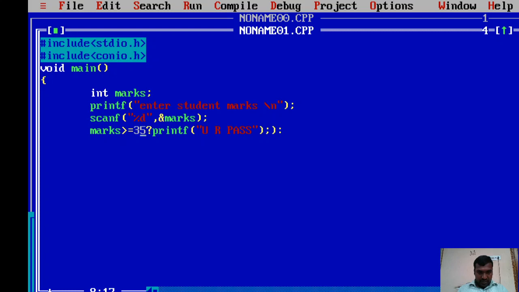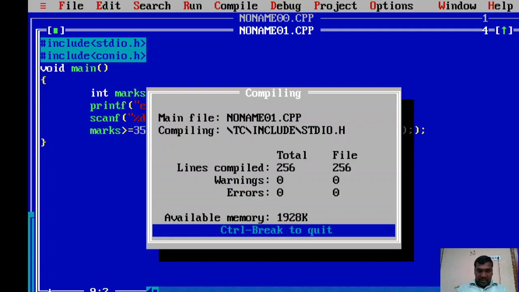So that's why we need to surround it with the brackets. Okay. Now after the colon I'm writing one more printf function, printf you are fail, right? So I'm ending the program and I'm trying to compile the program.